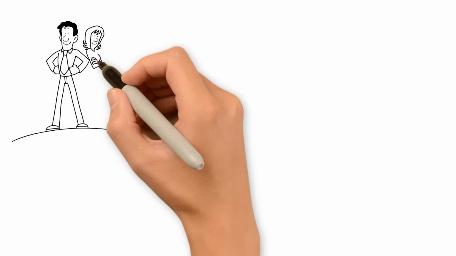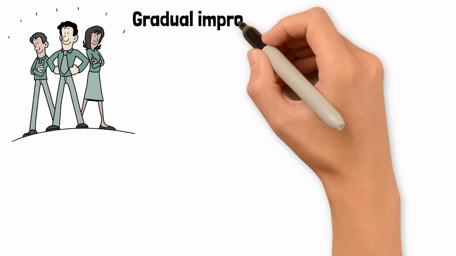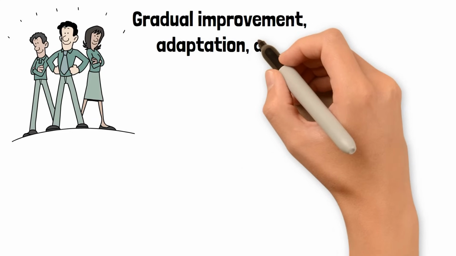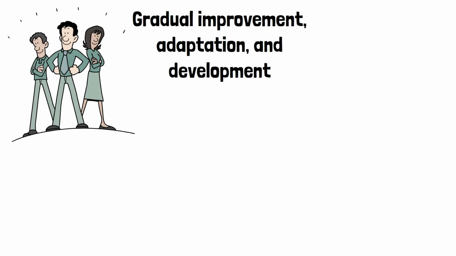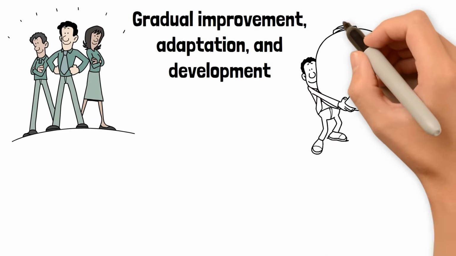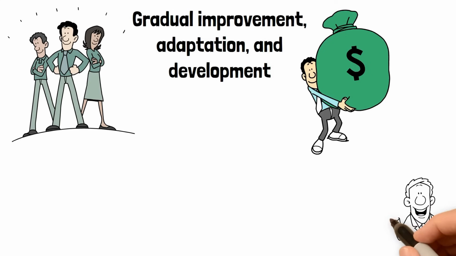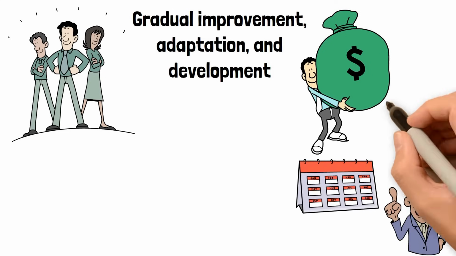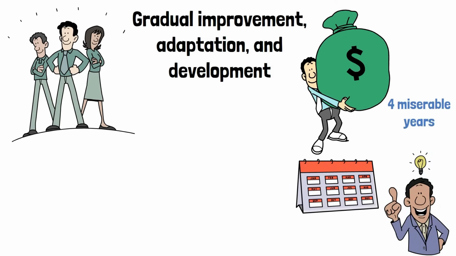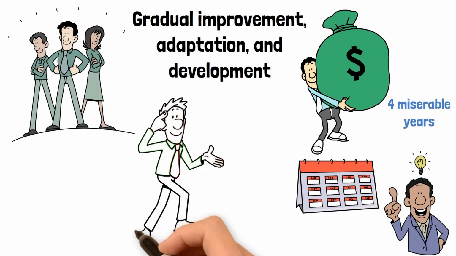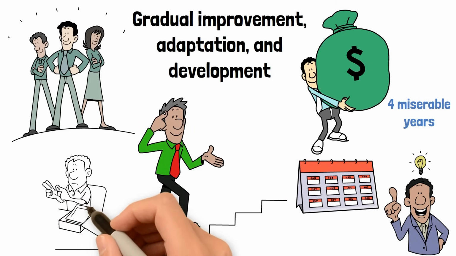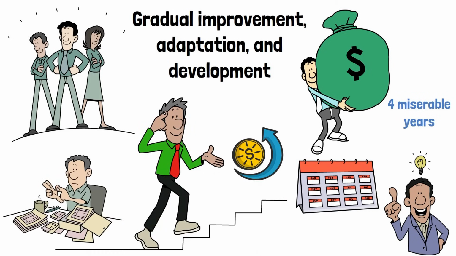The steady flow of smaller victories fuels motivation. It allows for gradual improvement, adaptation, and development. In contrast, the single large gain can lead to utter misery. You'll have 1 great year and 4 miserable years. Thus, the frequency and sequence of returns matter because we react more negatively to a loss than a corresponding gain.